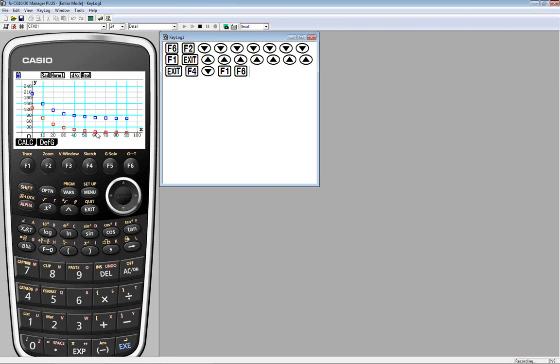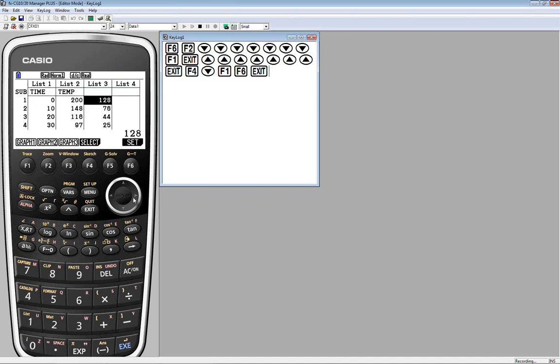So let's go back to the list editor one more time. And again, the procedure is press exit. We come back to the list editor. I'm going all the way up to the name list 4. And I would like to take the logarithms of these values that we have in list 3.